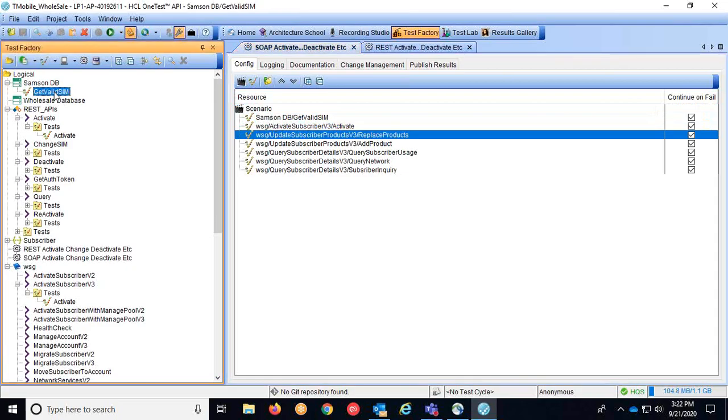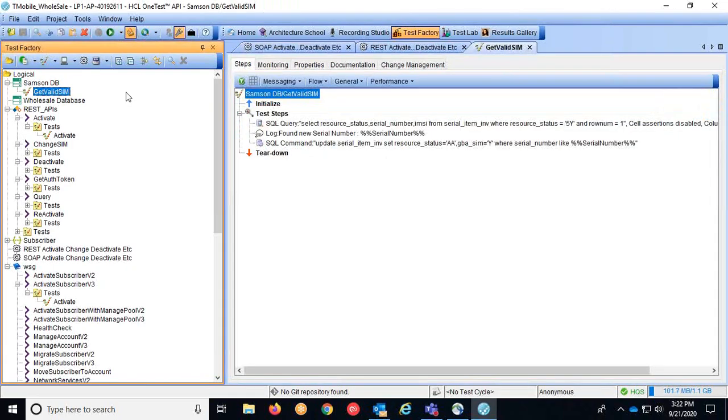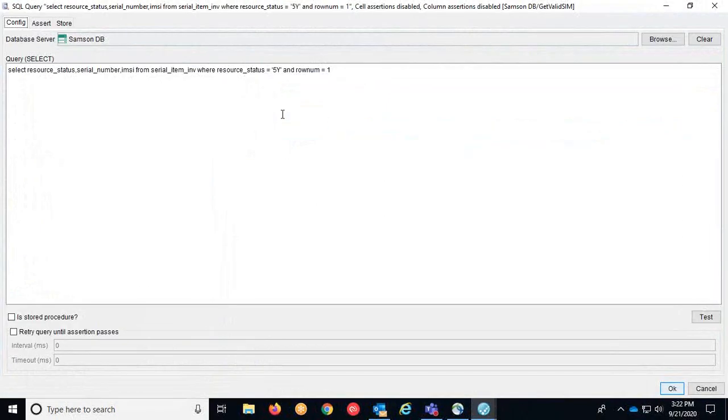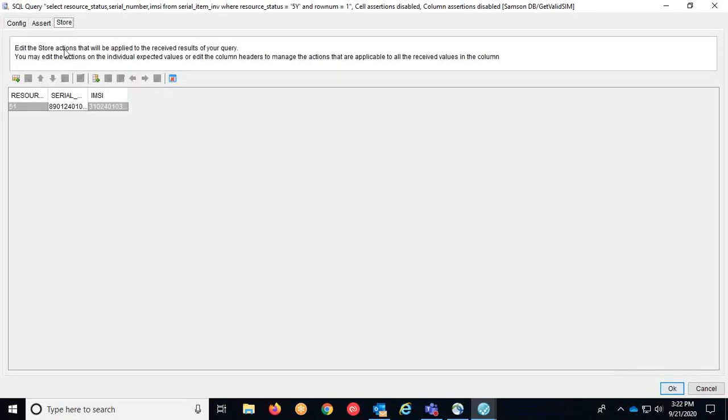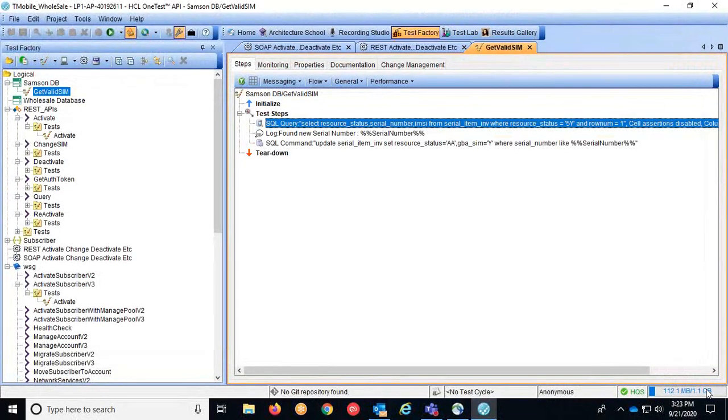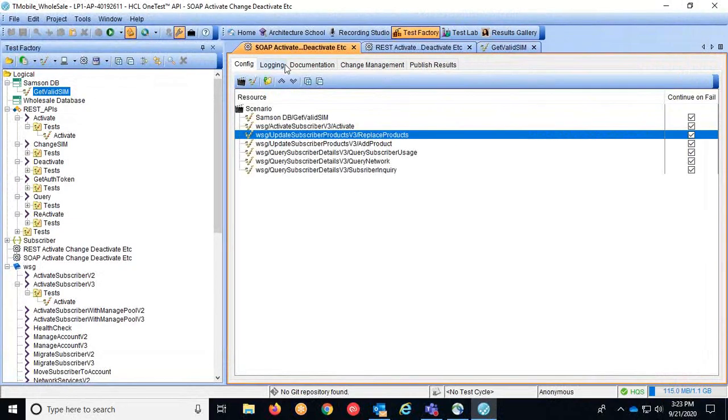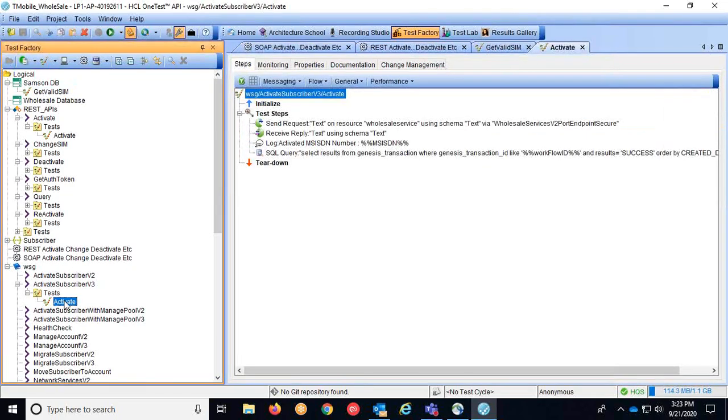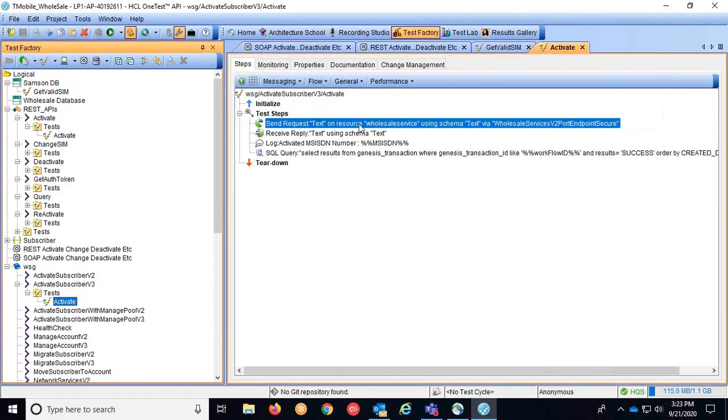So in our case, if we have a look at our get valid SIM test against the Samsung database, what we're doing is we're querying the database to return us a serial number that we're going to store dynamically. And then we're going to pass that SIM number to the activate test. So we have this v3 activate test down here. So our activate test is going to send a request to our wholesale service endpoint to activate the SIM that we've just